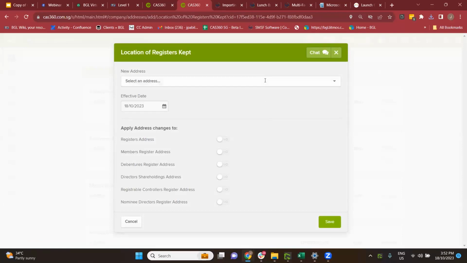Here you can apply, let's say, I will use the same address earlier, the 200 Jalan. Let's assume that this is the registered address. So I can apply to respective registers, whether it's registered address, the members, debentures, directors, shareholders, registrable controllers, and nominee. So I can just simply apply on that, click save,